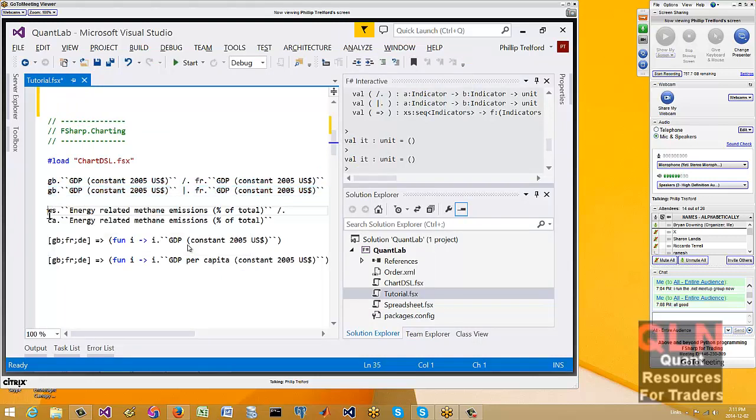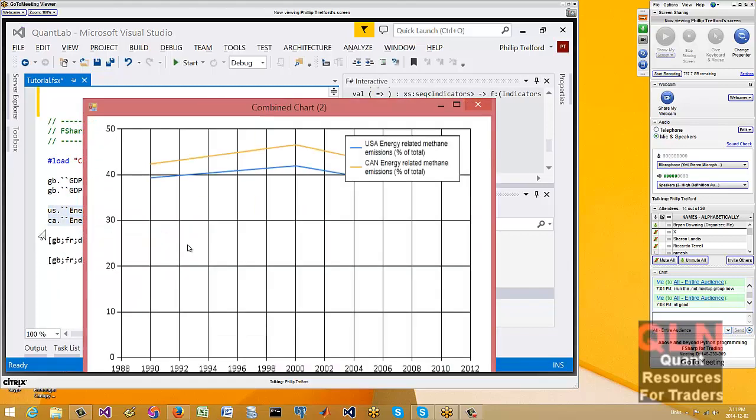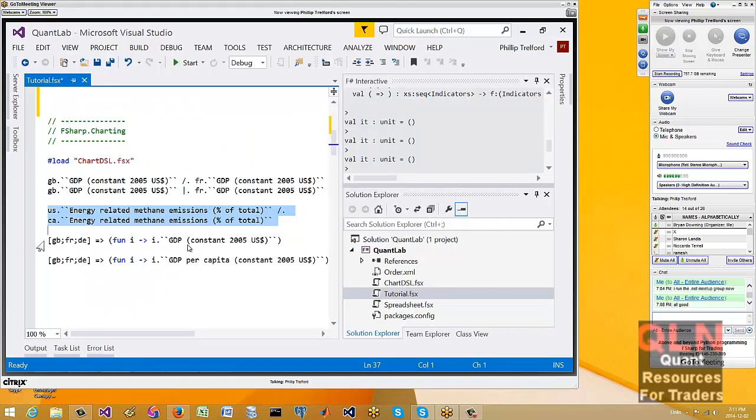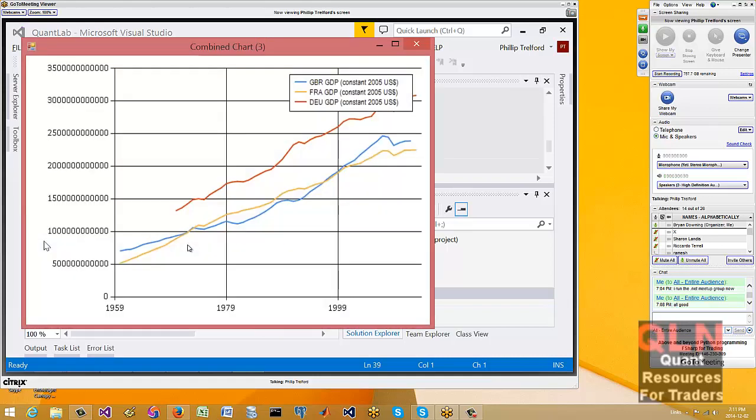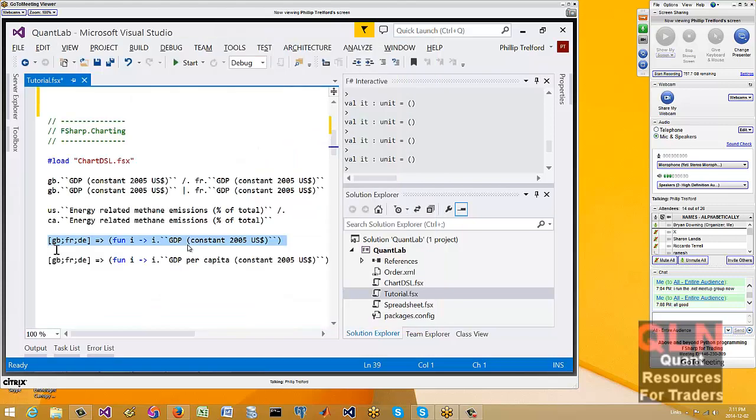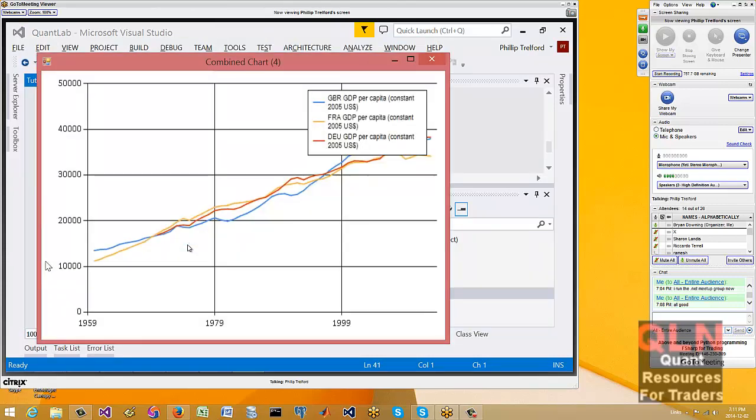If we wanted to have a look at US versus Canadian energy related methane emissions, there we go. Or we could take a group of countries and compare there. So that's pretty cool. Or we could go per capita and just have a look at that.